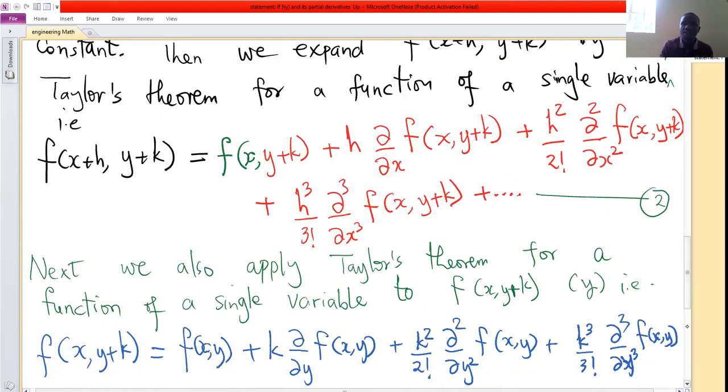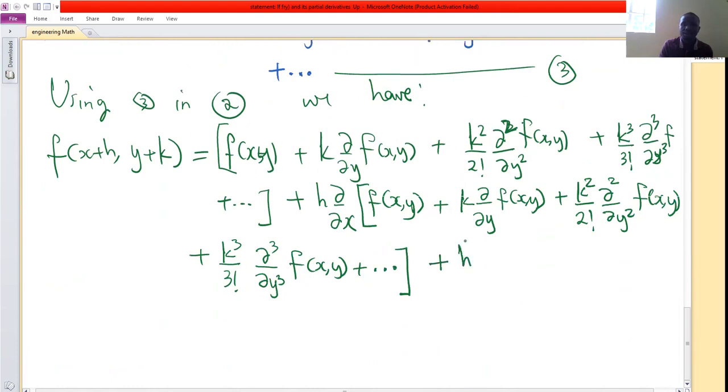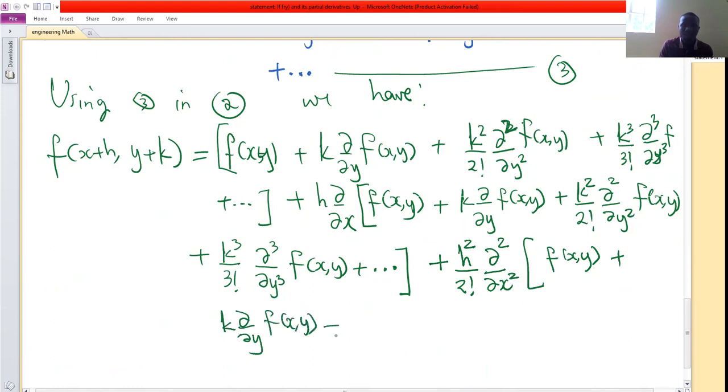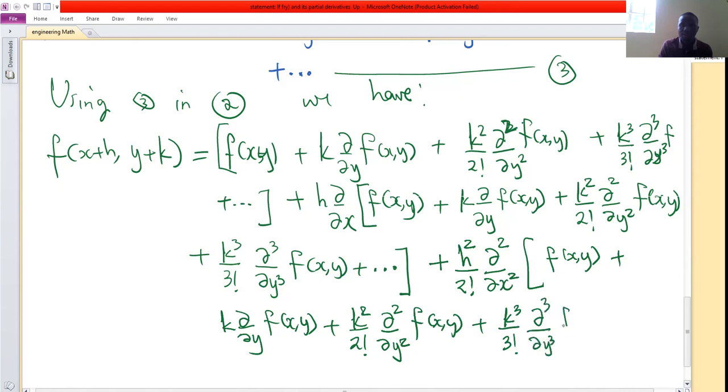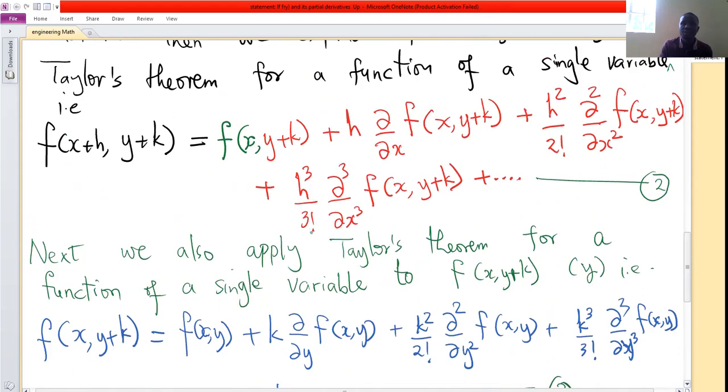Now third term is h squared over 2 factorial. So we'll have plus h squared over 2 factorial partial squared partial x squared into the same f of (x, y) plus k partial y f of (x, y) plus k squared over 2 factorial partial squared partial y squared f of (x, y) plus k cubed over 3 factorial partial cubed partial y cubed of f(x, y) plus other terms, then close the bracket, plus next term in 2 is now h cubed over 3 factorial partial